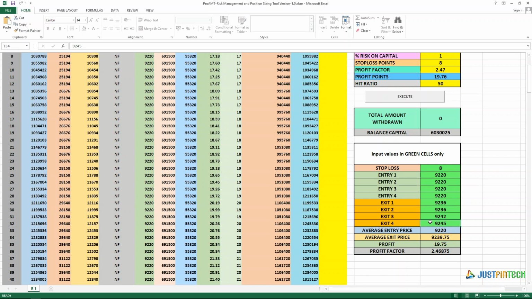Now, beyond this 9236, I have taken this conservatively based on the average exit I get. At times, I might get the 25% exit at 9,275 as well, and the last exit at 9,305 as well. So there are all probabilities that can happen, but I want to take the average, because I do not want